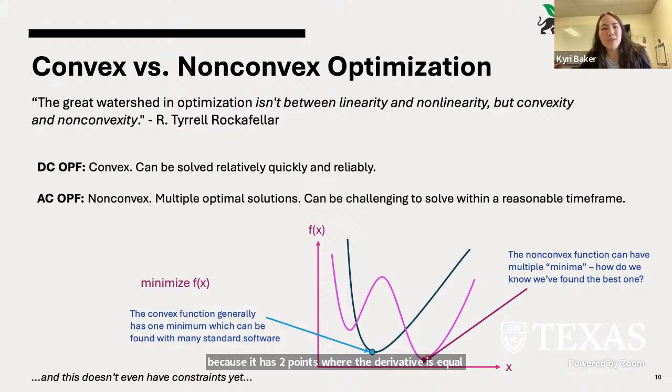And like I told you before, these problems are solved by taking derivatives, taking gradients, and seeing where they're equal to zero, basically. It's more complicated than that, but you can think of it as that. So the hard part here with non-convex functions is how do we know that we've found the actual minimum? There could be, let's say we get stuck in this one when we could have gotten a solution that's 20%